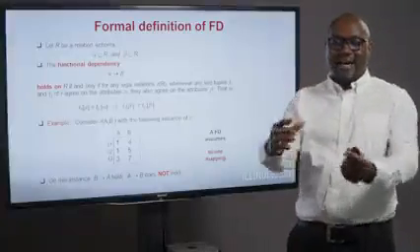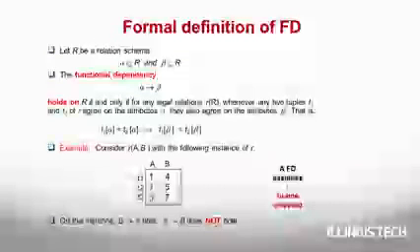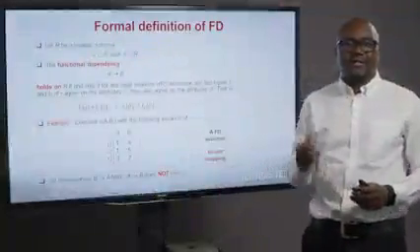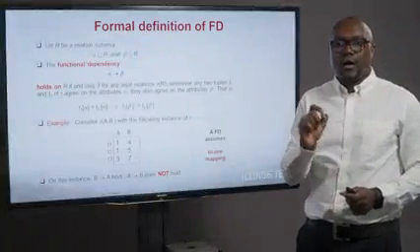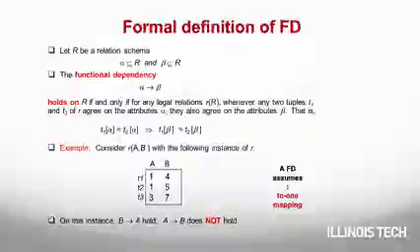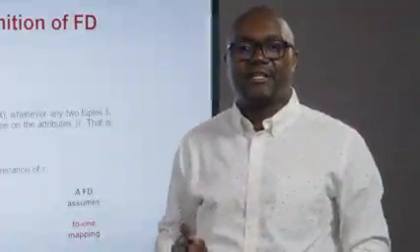Let's look at a formal definition of a functional dependency. Let R be a relational schema, and R can be any set of attributes. In this case, we have two attributes, alpha and beta. Alpha is basically a subset of the relation R, or a set of attributes in R. The functional dependency, written as alpha pointing towards beta, which we now call alpha functionally determines beta,